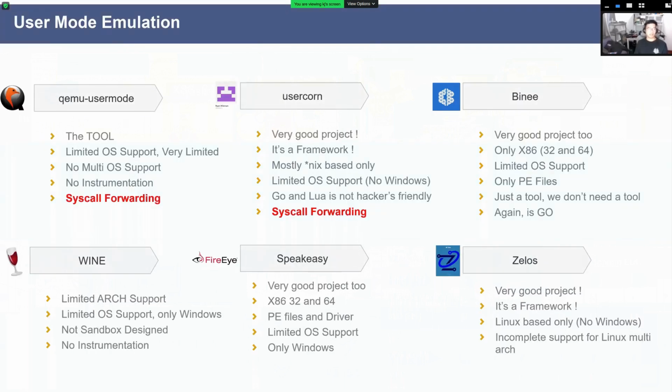So there are some similar projects. A lot of people, when it comes to IoT, are doing QEMU user mode. Some of them are doing Unicorn, but Unicorn doesn't really have any updates recently, if I'm not mistaken. And then I think in 2018,